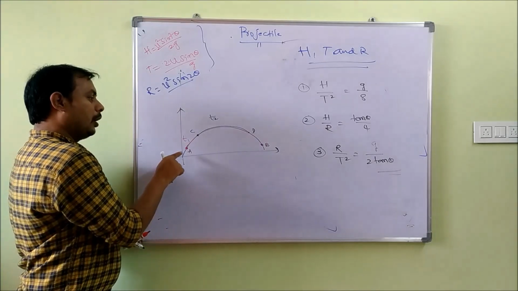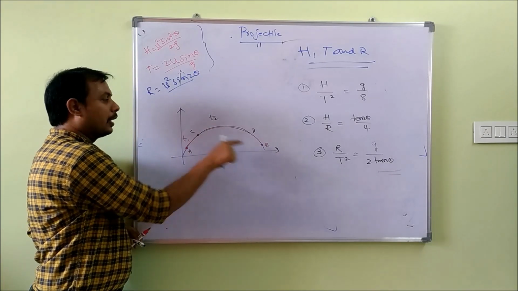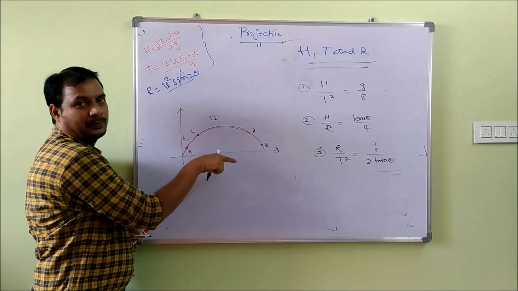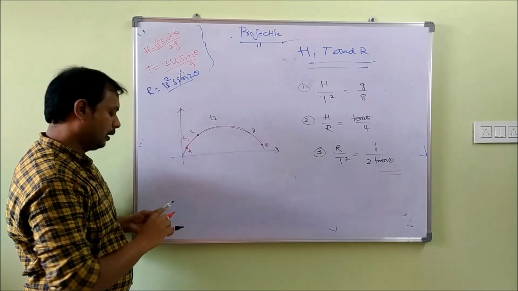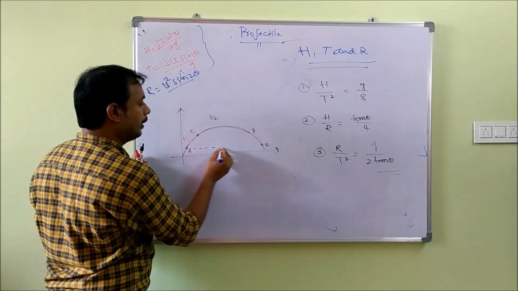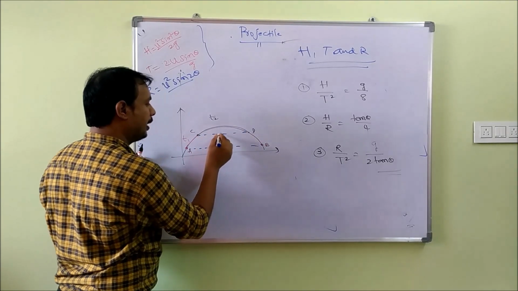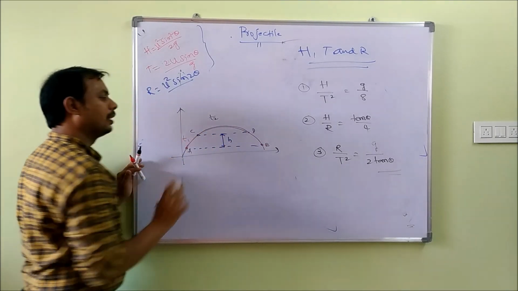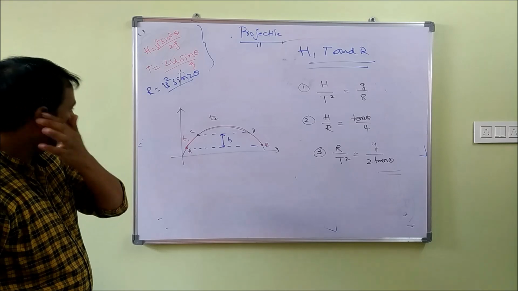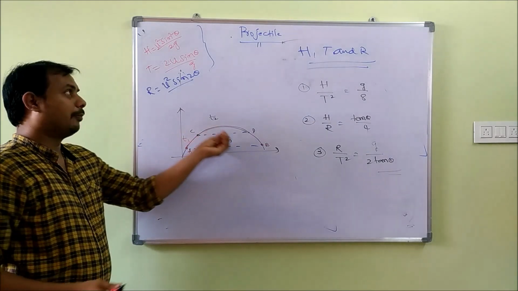T2. T1 from A to B, T2 from C to D. Then what is the height difference between CD and AB? This is the question. See again, on the path of projectile